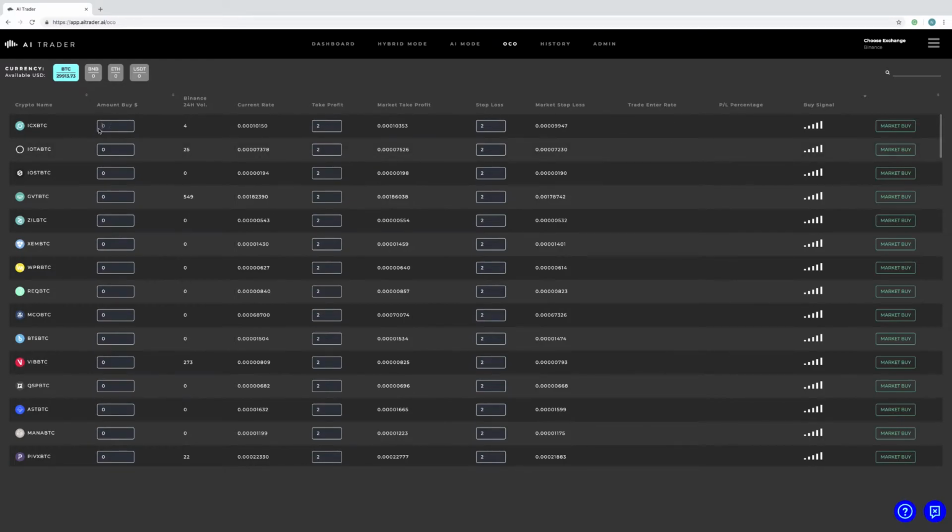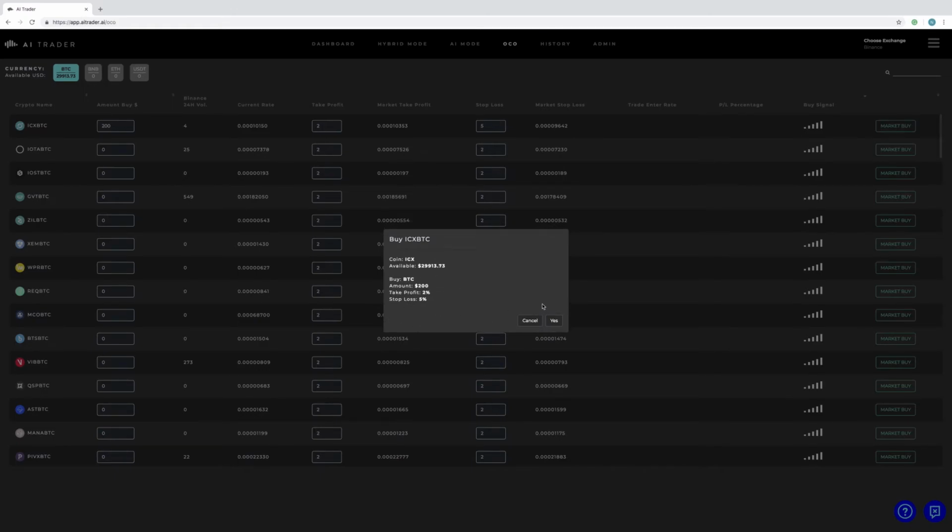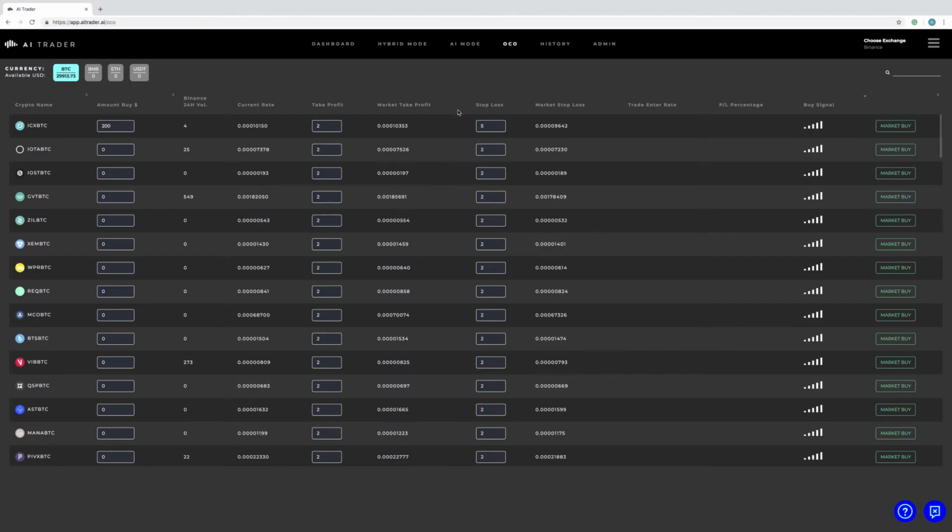All you have to do is just enter the amount over here, for example 200. Then you can enter your take profit right over here. I think 2% is good. Stop loss, let's be a bit more risky and make it 5. And then just click market buy, and this will just pop up just to make sure everything is good. Confirm, say yes, and the AI should then activate the strategy. And there you go. That's how you use AI Trader on AI mode and